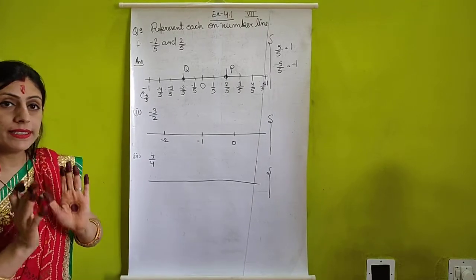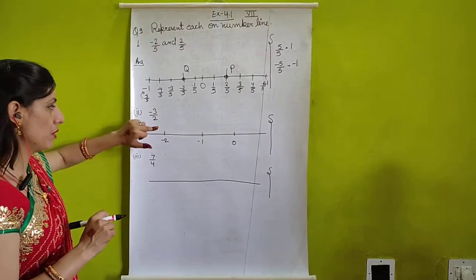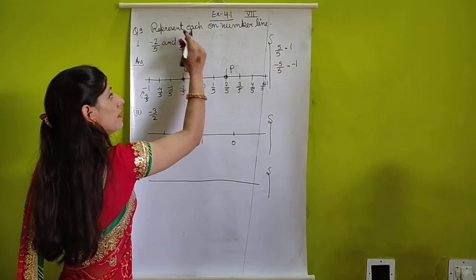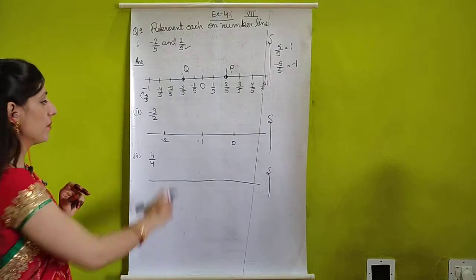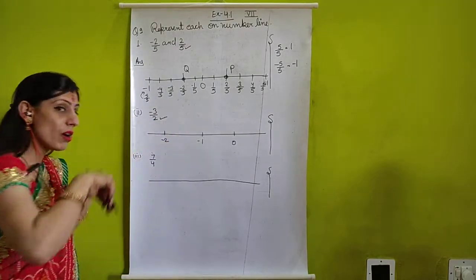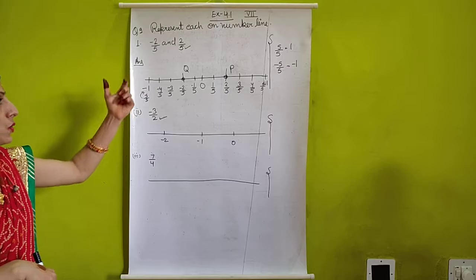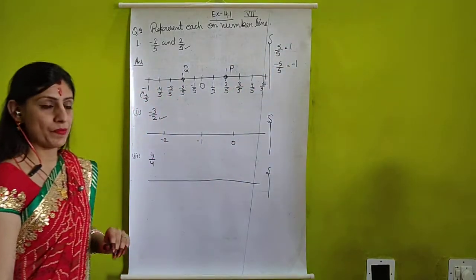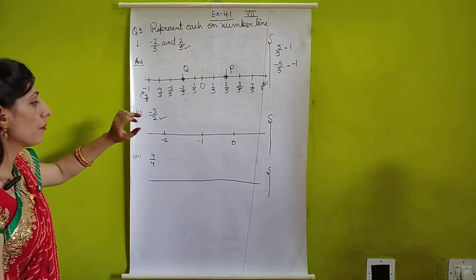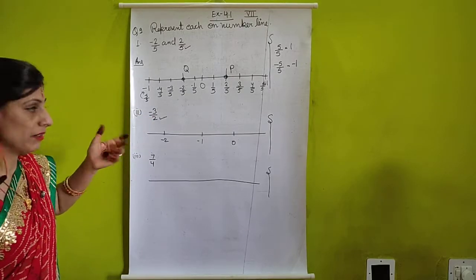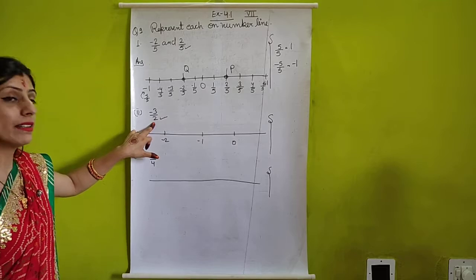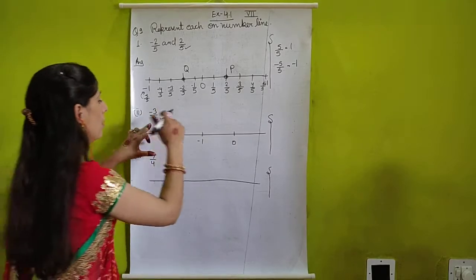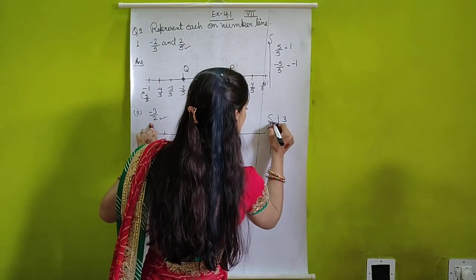Students, here you can see the difference between the first part and this part. Here in 2 upon 5, the denominator is greater than the numerator. But here the denominator is smaller than the numerator. So there we found out where 1 would come, but here we can divide directly. When the denominator is smaller than the numerator, we can divide. Okay friends, so we will divide 3 by 2.